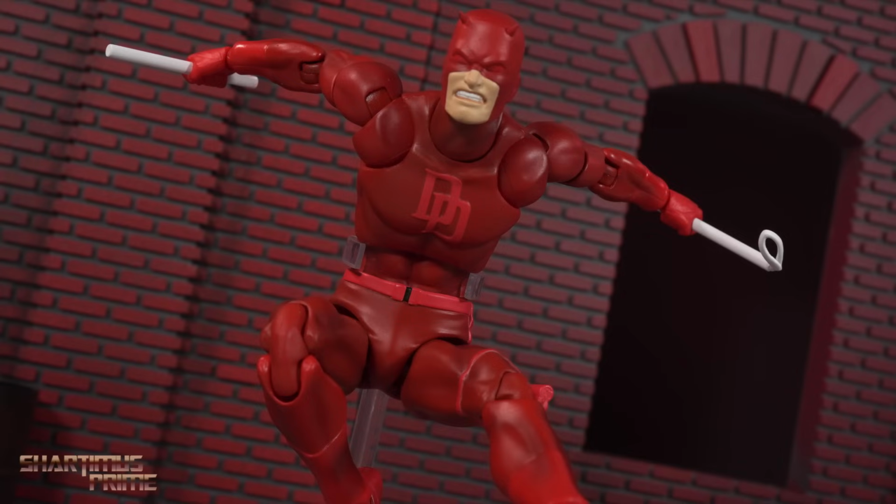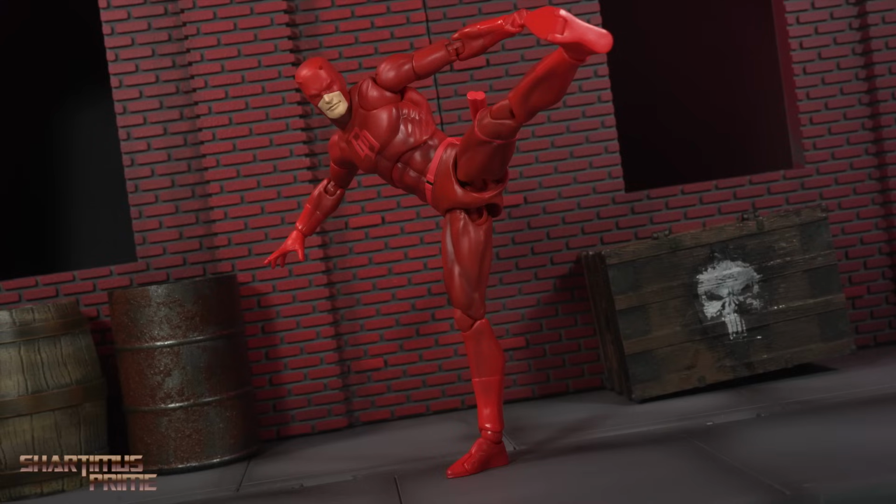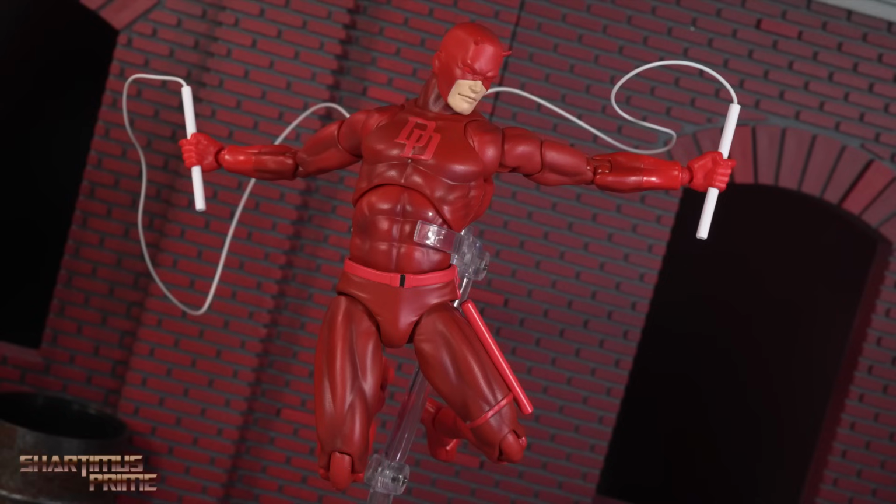And I like the head sculpts. Again, I think the flesh tone's a little bit too bright, but still, man, I love this figure at the price point around $100. I'm gonna give this MAFEX Daredevil a sud rating of...